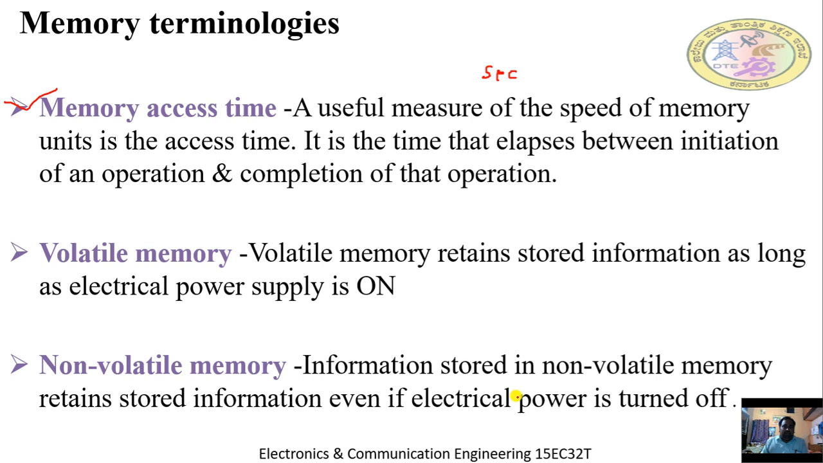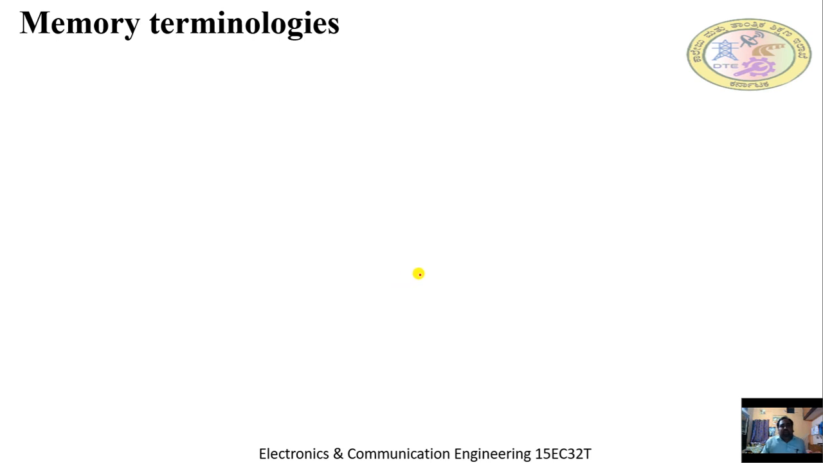So it is a kind of permanent storage. That is the difference between volatile and non-volatile. So you can give an example of RAM as a volatile memory, where you can give an example of ROM as the non-volatile memory. So next one